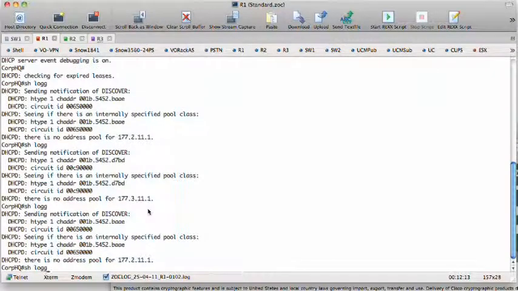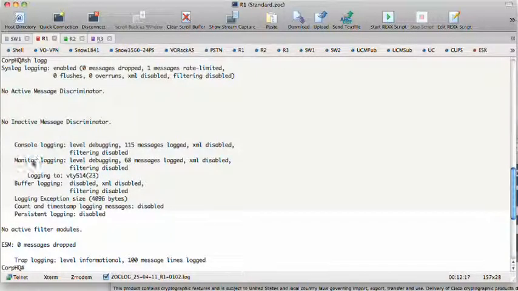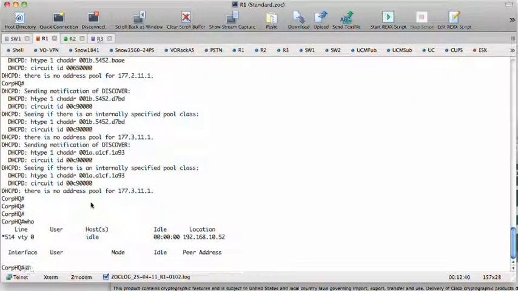It is by default, but it's helpful just to do a show logging and make sure that, in fact, monitor logging is set to level debugging. Okay, console logging might be on. You can certainly go in through the console and you should expect to see log messages or syslog messages, but again, remember, inherent in troubleshooting, they might have just turned off logging globally for you. Okay, and here my logging to VTY 514. If I do a